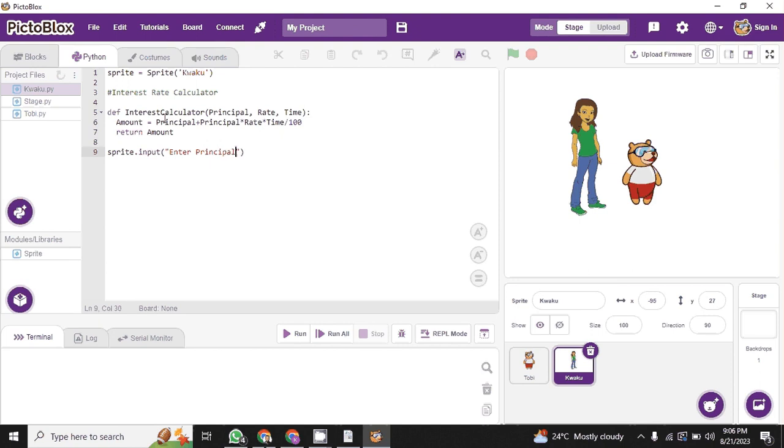All right, then we bring a colon and space. All right, good. So whatever is there, our principal, the principal that we are going to input, principal